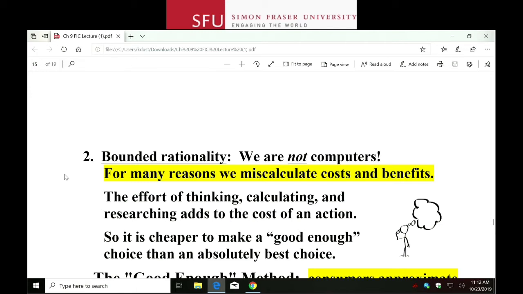We do have big brains, but there's lots of reasons why we are very biased, or anyway, we just don't quite know how to sort out the costs and benefits in order to make a good decision. All right. Okay, so first of all, partly it's the effort of thinking and calculating when you have to